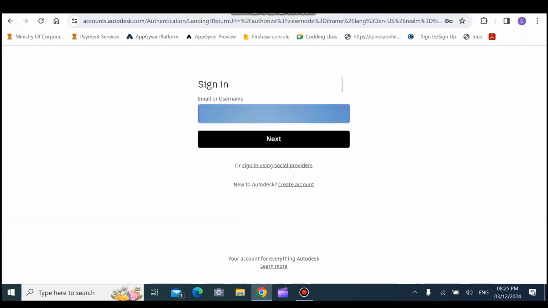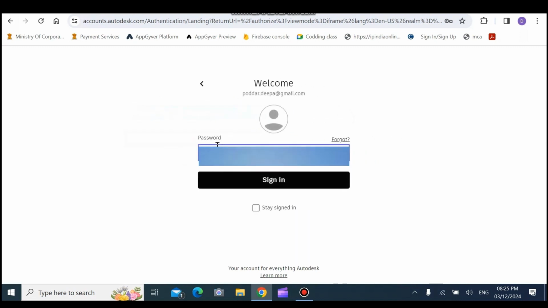And then I will have to blur out this part. So sorry, but basically here you have to put in your email. And then there's one button called next. After you hit that, you'll be redirected to the password page where you have to put your password, and